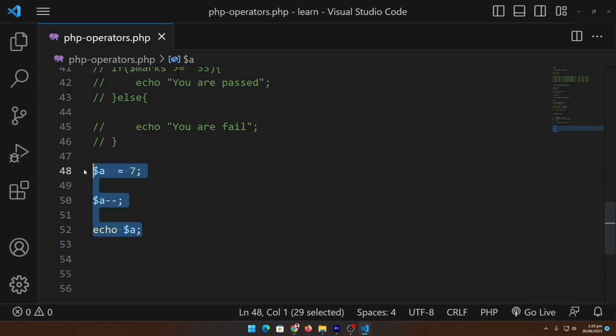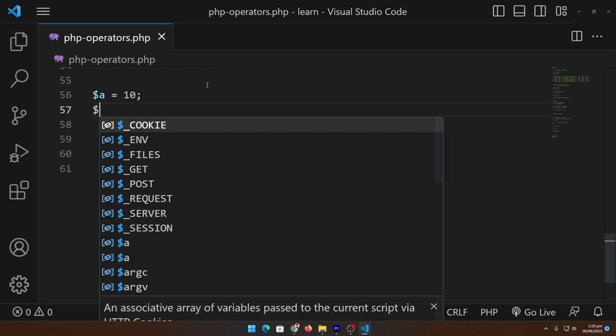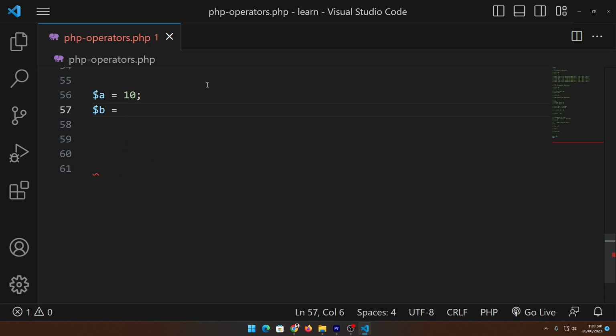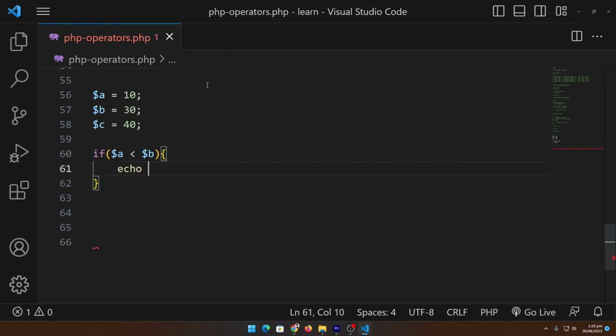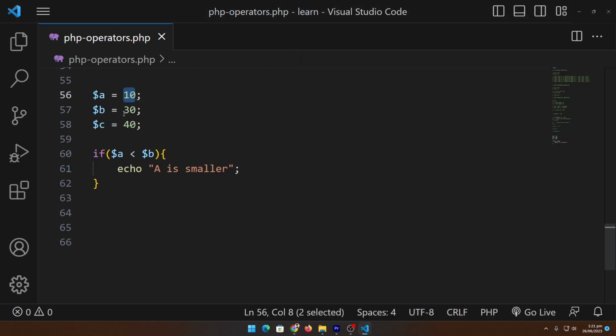First of all, I will comment this code as well, and here I will declare a variable a and assign a value of 10, and here I will declare another variable b and type 30, and similarly I will type c is equal to 40. So now I will type if a is less than b, then echo a is smaller, and if I refresh, you can see that it is printing a is smaller because a is 10, which is smaller than b,